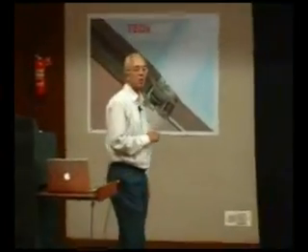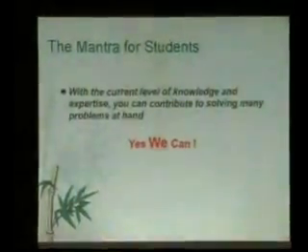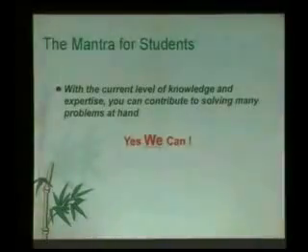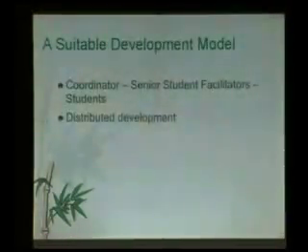And yet, the mantra that I would like to give to the students is that, see, rocket science has its own place in the country. It does the nation proud and so on. But there are a lot of problems around us which are amenable to solution by just whatever you have learned in class. No more than that. So that the yes we can turns into a capital V here because now there are students involved. And together that makes a very suitable developmental model for a country like ours, in the sense that